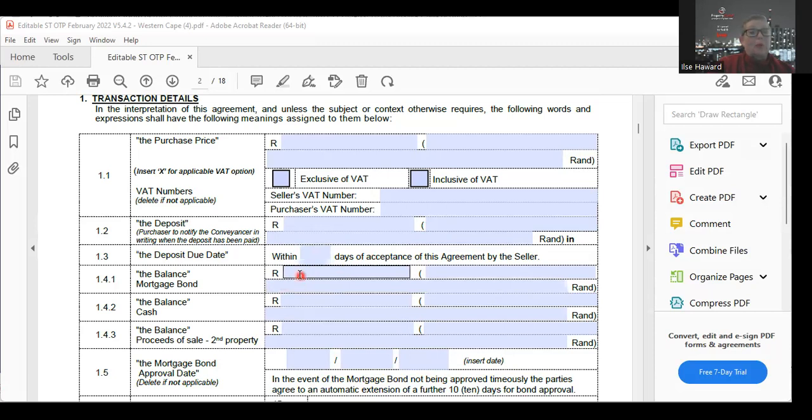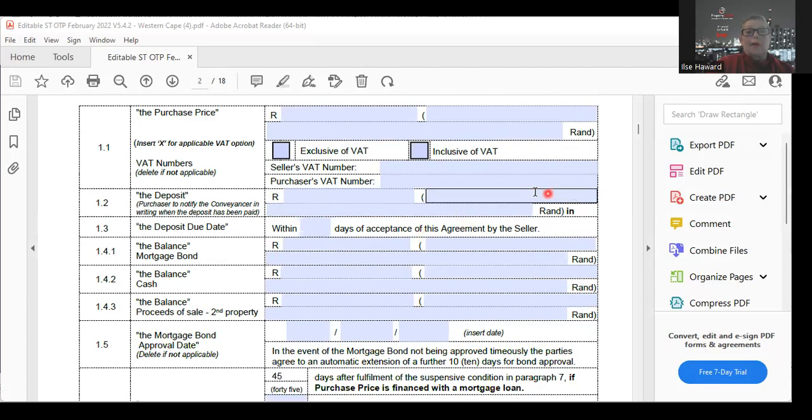The balance of the mortgage bond. Let's say there's no deposit. If there's no deposit, you put NA there. You don't just leave it open. If you do a line or a Z like some people do, once you do that, everybody must initial on the side. But I'm going to go with a scenario of 100,000 rand deposit. So the balance then